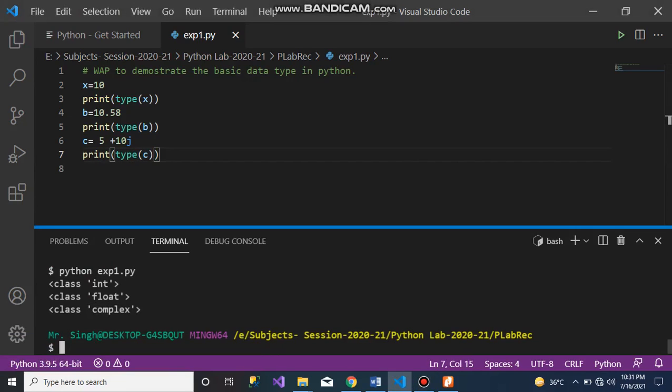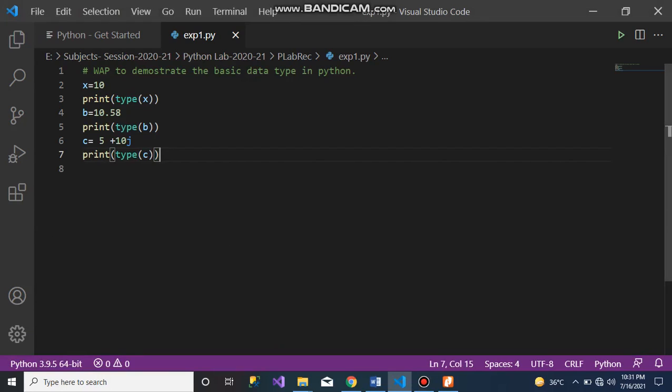Okay, for Boolean data type, Boolean data type is a true or false value. For Boolean data type, take a comparison operator like d equal to 10 greater than 5. Now I want to check the type of d. Then print